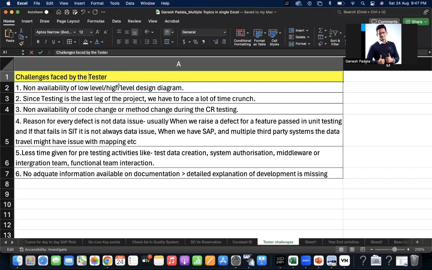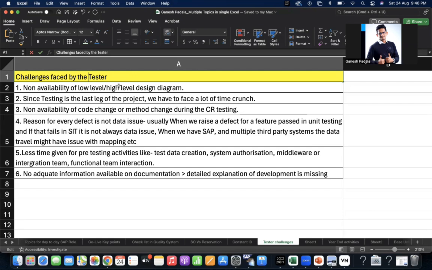So what kind of challenges do they generally get? Let's go through those challenges. I hope it will be helpful for you when you face an interview and also when you get a role as a tester, or even as a normal consultant, you are going to be involved in the testing phase, right? You will do the config, and you will also do the testing at that point of time. Definitely these points will be helpful for how to mitigate the situation and make things better. Well in advance, you can ask the team to provide the respective data to avoid more issues. That's the main agenda of today's video.